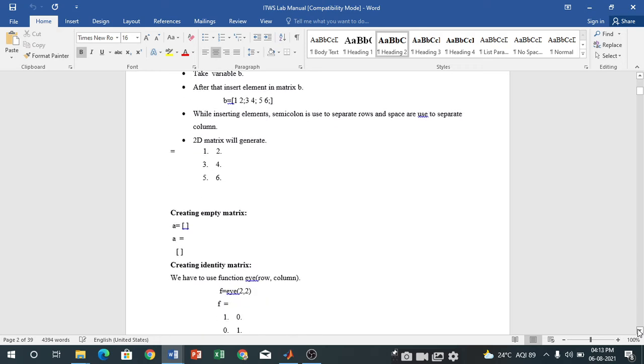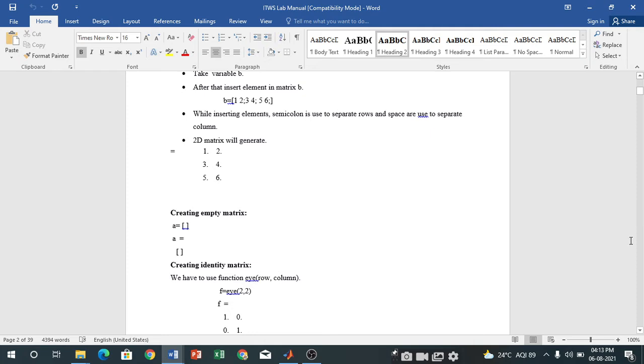Now next one is the 2D matrix. To create a 2D matrix, here B is your 2D matrix, that is 1 2 and semicolon, 3 and 4 semicolon, 5 and 6 semicolon. That shows the 2D matrix in MATLAB. Now this is the empty matrix.